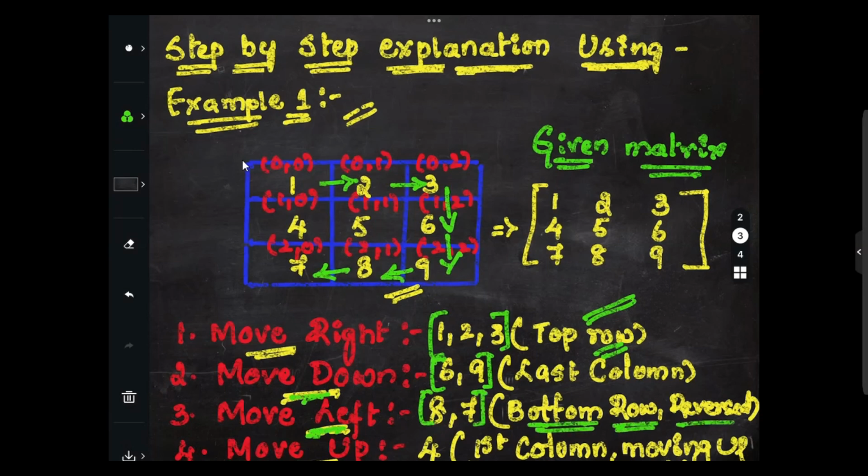This is bottom row reversed, right? Bottom row reversed. So the final step here is move up. Move up means 4. 7 to 4 here. This one you can clearly see. Move up means